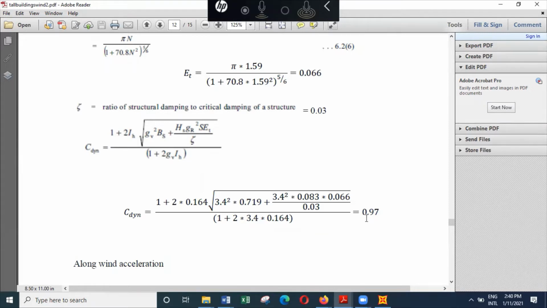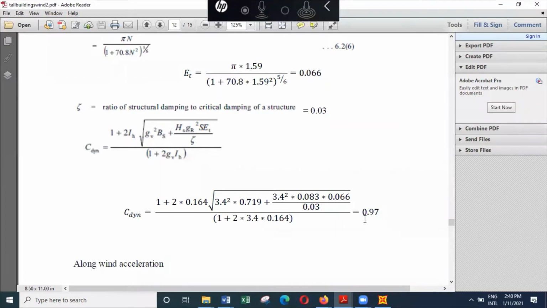But if you get an answer greater than 1, then we have to use that particular value, which means all the wind effects have to be multiplied by that parameter, so that you will end up with a slightly higher value than what you calculate without C dynamic. Is that clear? So then you'll ask why we calculated C dynamic. The reason is